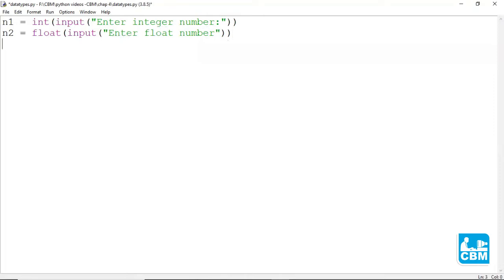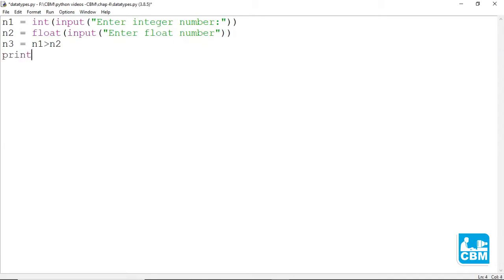Now, in order to check the Boolean data type, I will write n3 is equal to n1 greater than n2. Now, if this statement is correct, then the code will return a true value, while if this statement is wrong, it will return a false value.